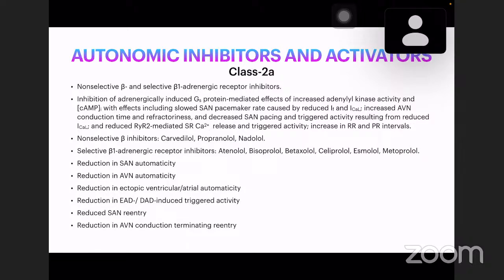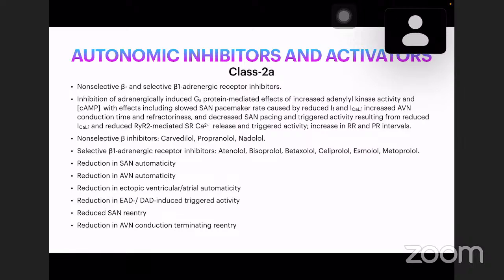Thus, it increases the AV conduction time and refractoriness by decreasing the SA node pacing and triggered activity, and results in reduced inflow of sodium, calcium, and also, because of reduced inflow of calcium, there will be reduced ryanodine receptor type 2 mediated sarcoplasmic reticulum calcium release, and